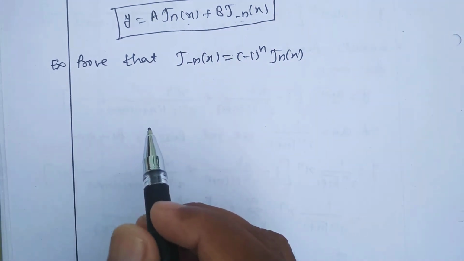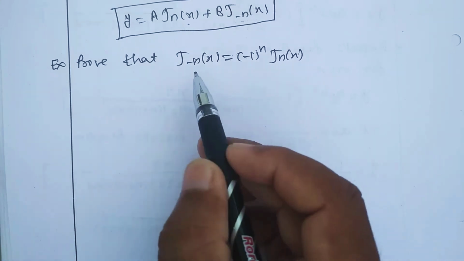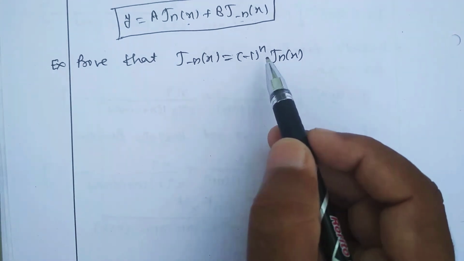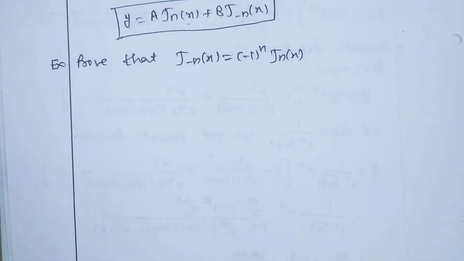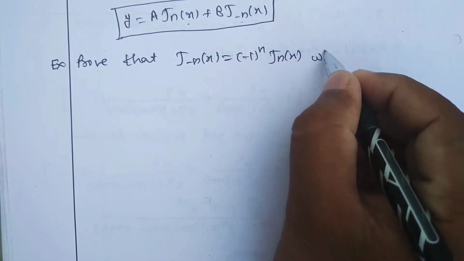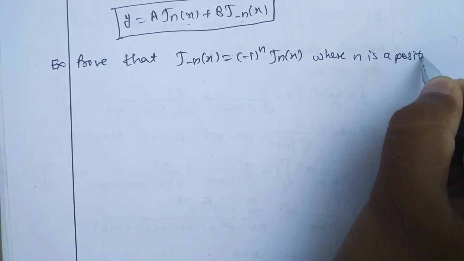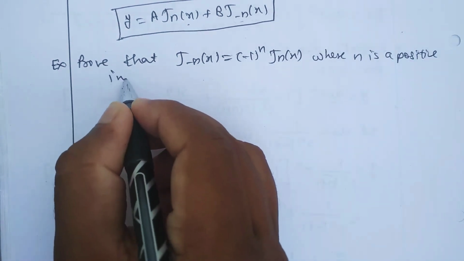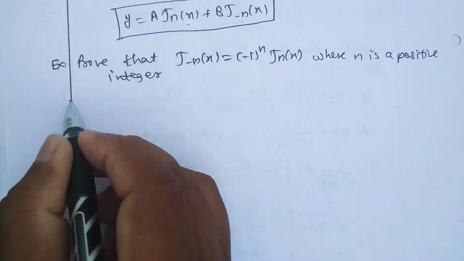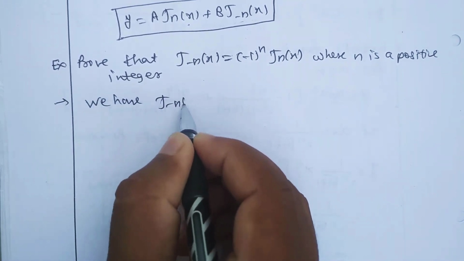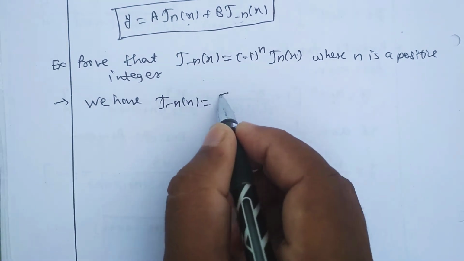So the next example is on Bessel's function. The question is: prove that J of minus n of x is equal to minus 1 raised to n into Jn of x, where n is a positive integer. So for that, we have the value of J of minus n of x,